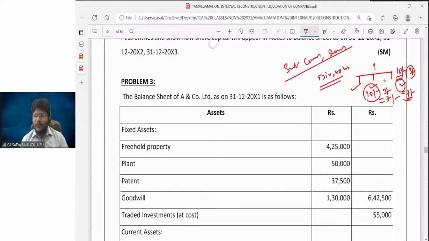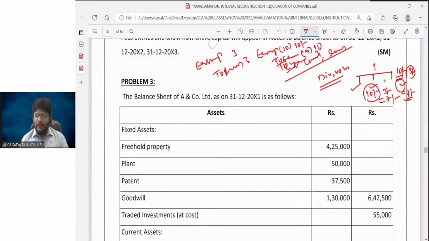Sir, for both the ways, what will be the accounting treatment? Equity share capital to reconstruction 3-3, when there is only reduction in paid up value but not in face value. When there is reduction in paid up value as well as face value, in equity share capital, first you need to cancel the 10 rupees face value to new equity share capital, which is 7 rupees face value. The remaining you need to transfer to reconstruction. Like that, we've seen something, right?